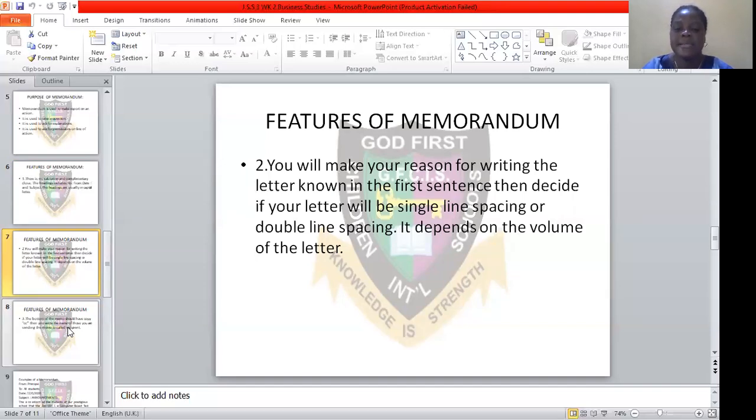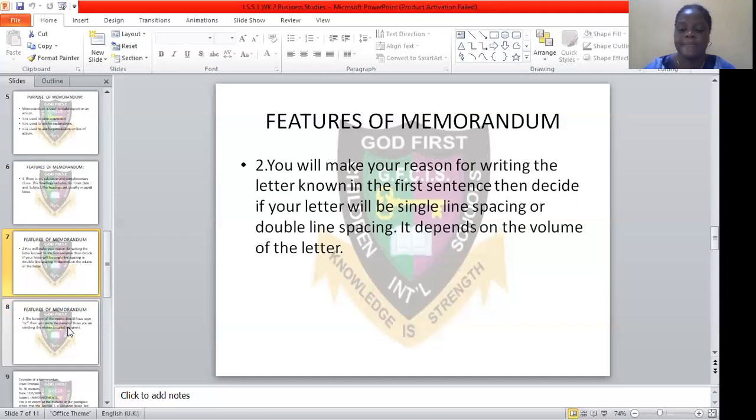And when you are writing that, you just don't pack everything together. You don't lump everything together. You make it clear by giving spaces to your words. It can be single line spacing, it can be double line spacing. It depends on what you are writing. If you have a voluminous message to pass across, then you can use single line spacing. And if what you are writing will not be up to a page, just for it not to be compressed together, you can use